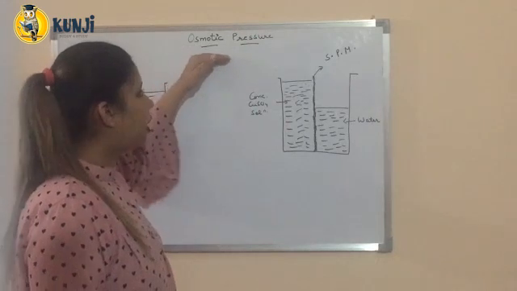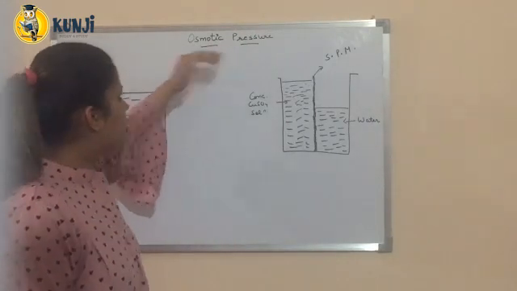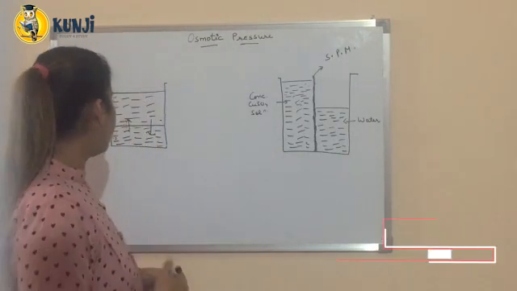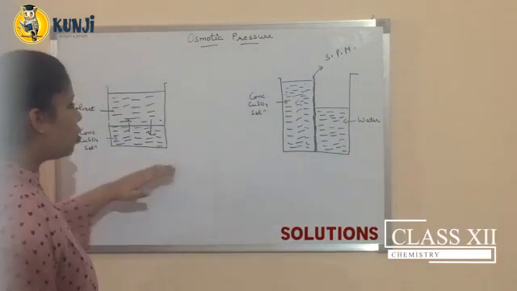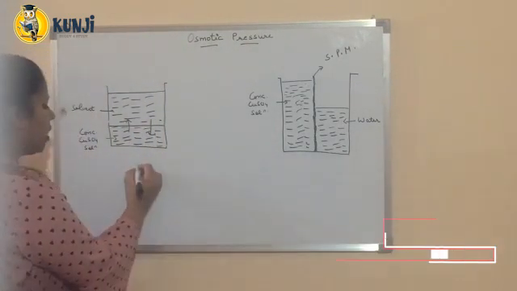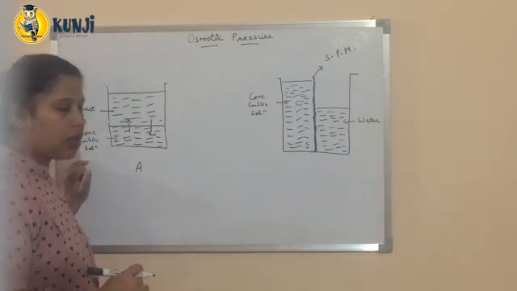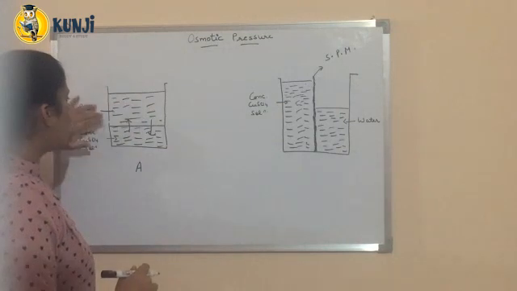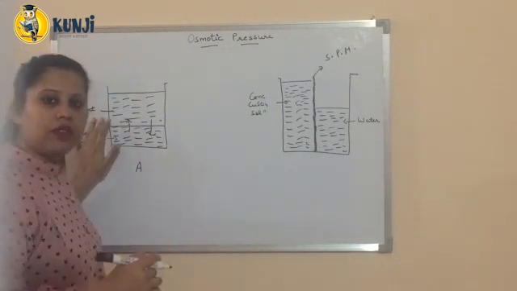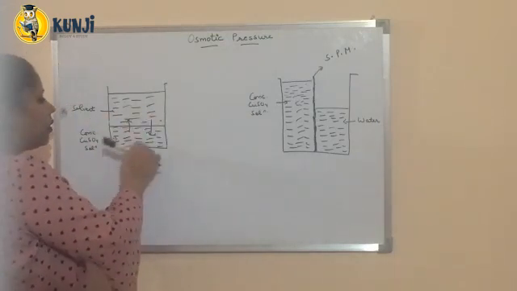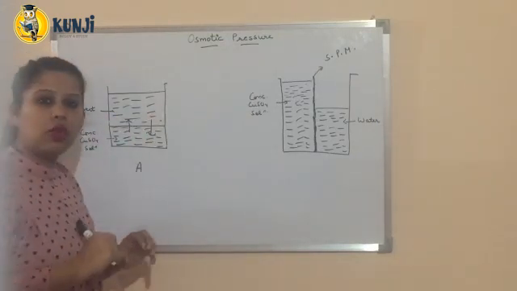Is osmotic pressure. So first of all, we must know the meaning of osmosis. Let's take an example for that. I have taken two beakers. In beaker A, I have taken concentrated CuSO4 solution, and now I am diluting it with water. After some hours, we'll see that the whole of the solution color changes to blue.